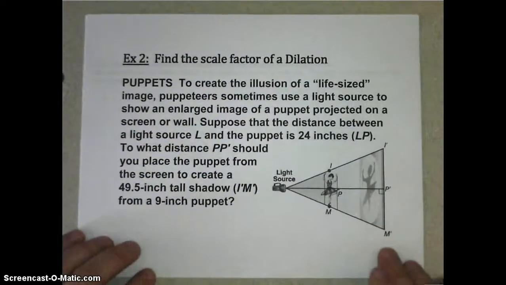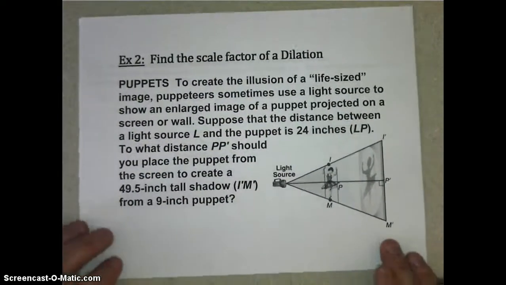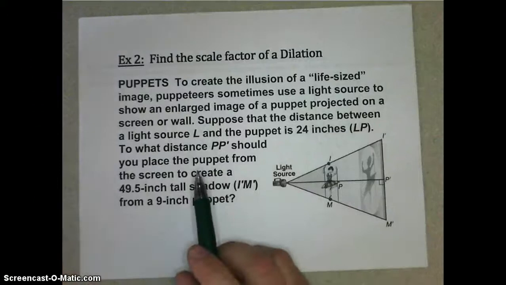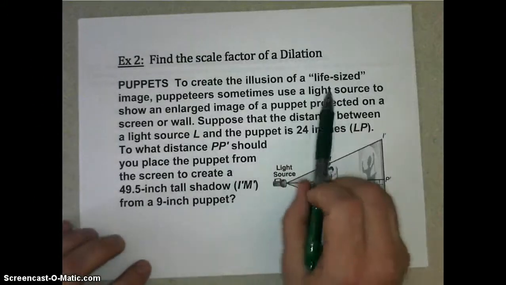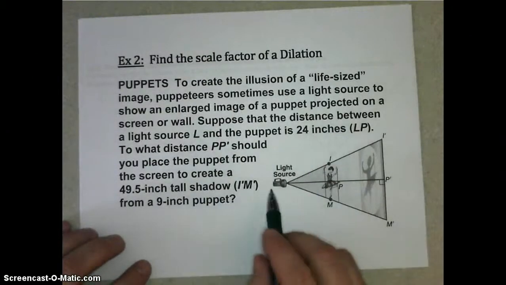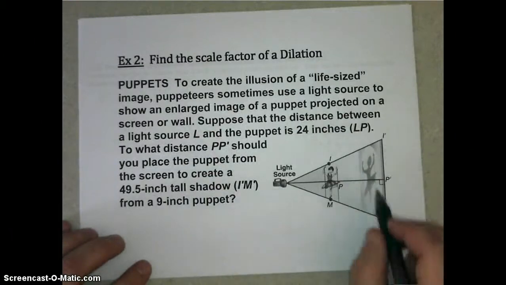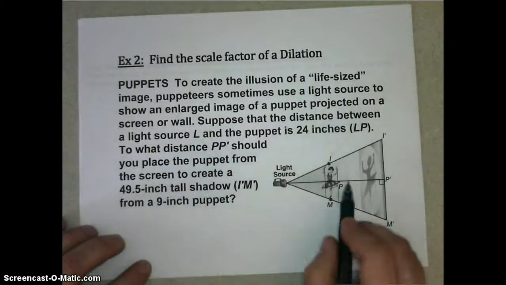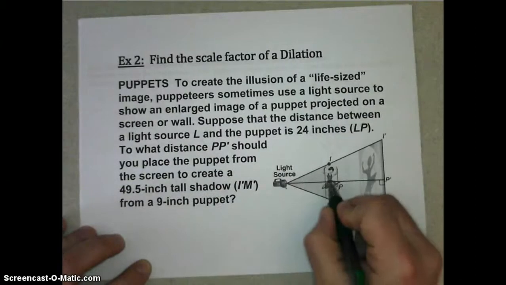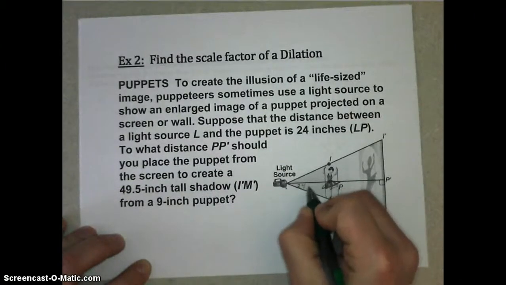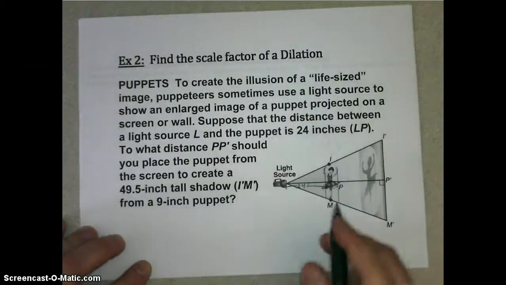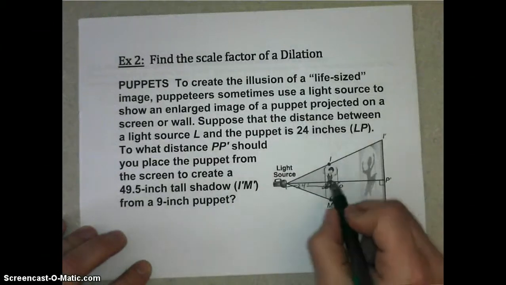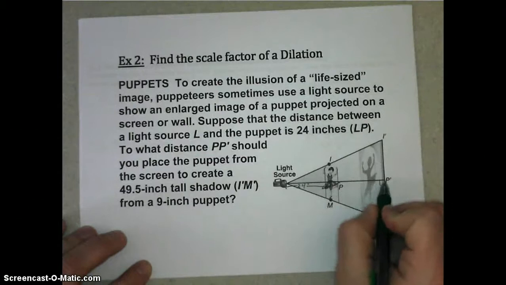All right, let's take a look at example 2. In this example, we're talking about a version of puppetry that uses the illusion of a life-size image. They sometimes place a light source to show an enlarged image of a puppet projected on a screen or wall. Suppose the distance between light source L and the puppet, so LP, is 24 inches, and they want to know to what distance should P prime place the puppet away from the wall